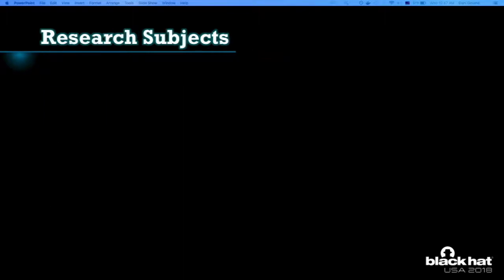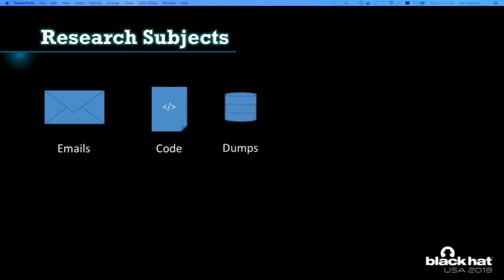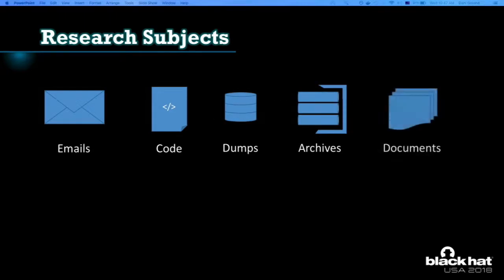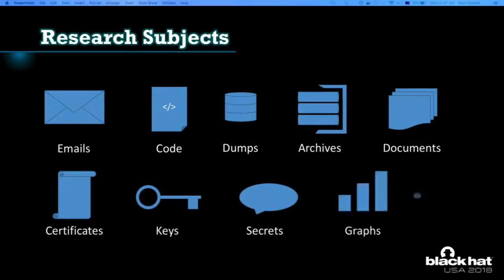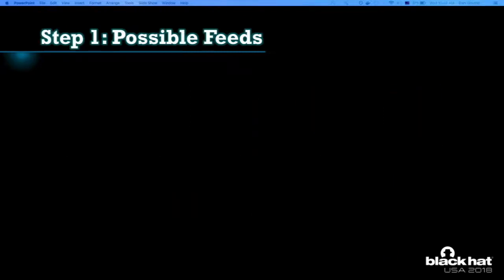So, as I said, this is the intellectual property. The subject that we had at first was the emails, but basically, if you go around, you can find a lot of stuff. Some examples: intellectual property type code, dumps, archives, you can click through it. Certificates, keys, secrets, graphs, you name it, you'll find it. I think you know what I'm talking about. I'm seeing a lot of faces from the crowd that it's not something new to them, that data is being somehow exfiltrated. And I'm saying exfiltrated and not leaked because when it's on purpose, it's exfiltrated.